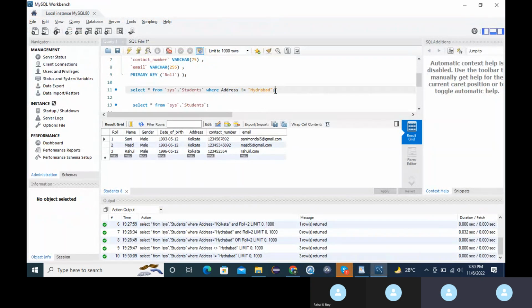So what is the meaning here? How will you write the IN keyword? After where you write IN, in opening and closing brackets, you write all the conditions one by one, like roll equal to 2, comma,